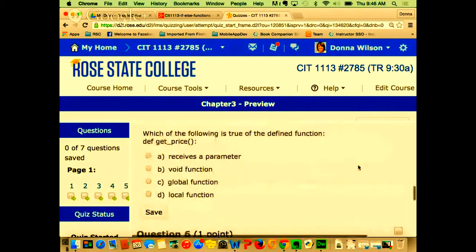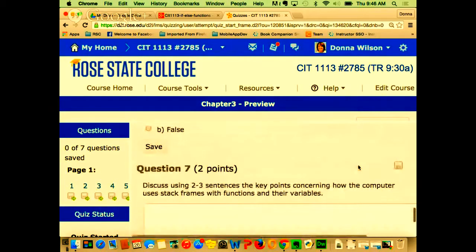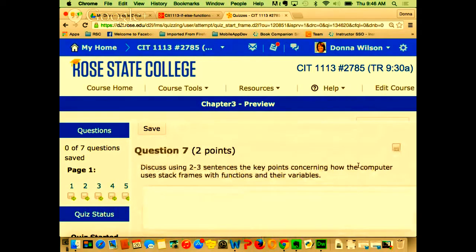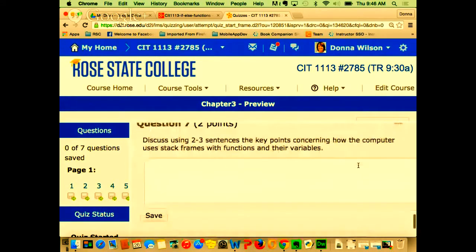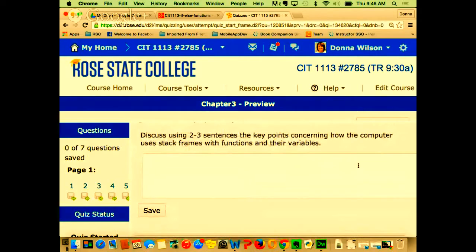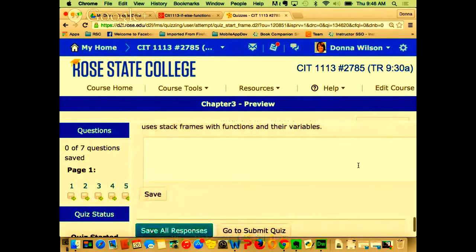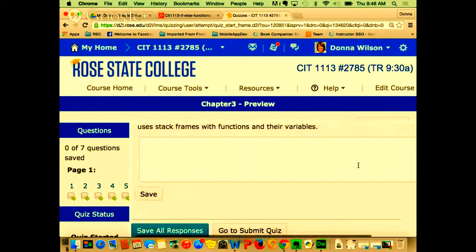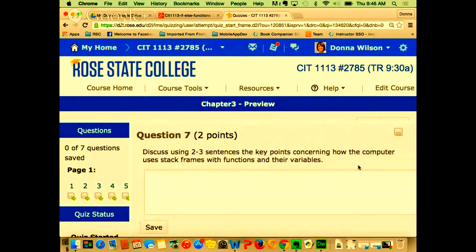Anybody else have one that they want me to go over? Because there's probably more than one. Let's see. Stack frames, that was at the end, in your bulleted points. It talked all about what stack frames are and what happens when a function ends, what happens to that stack. Remember?